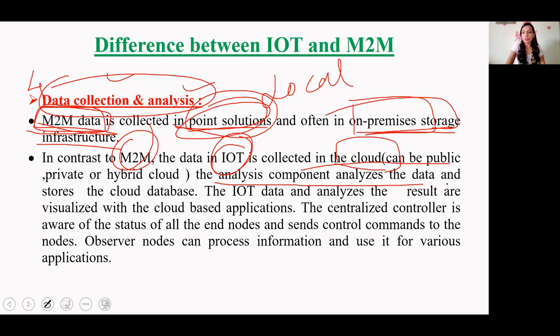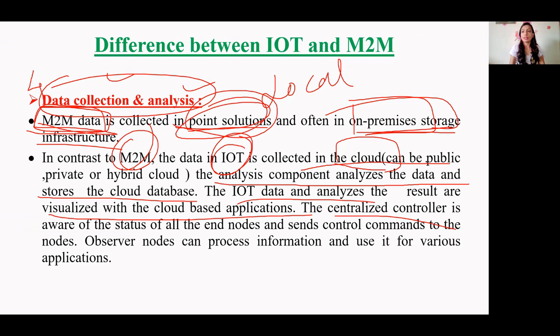The analysis component analyzes the data and stores it. Analysis components can analyze that data and again store it in the cloud database. And this analyzed data you can use to visualize with a cloud-based application. For visualization, again, you can use an application, and that also can be cloud based. And you can use a centralized controller, which will be aware of all the end nodes.